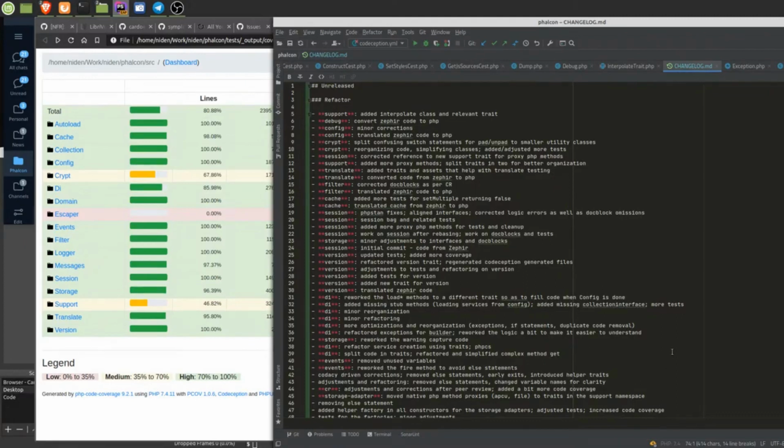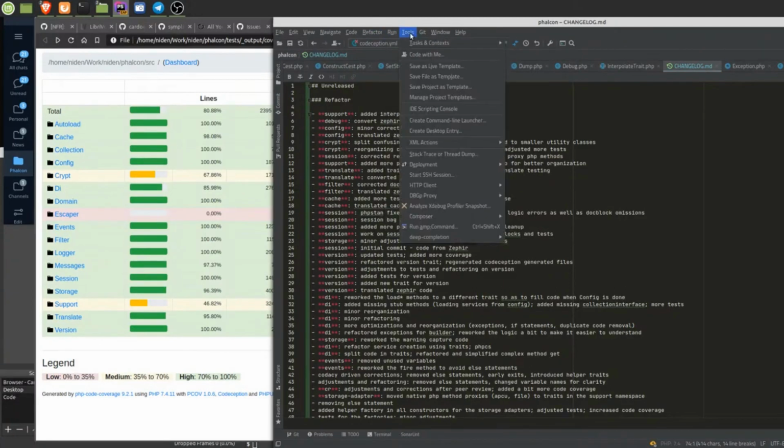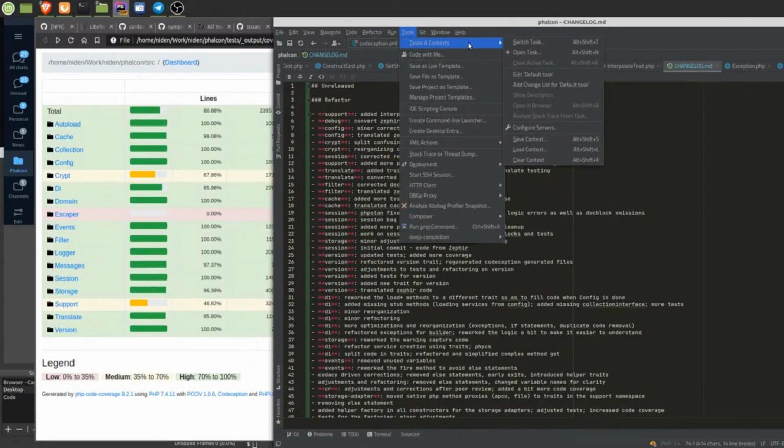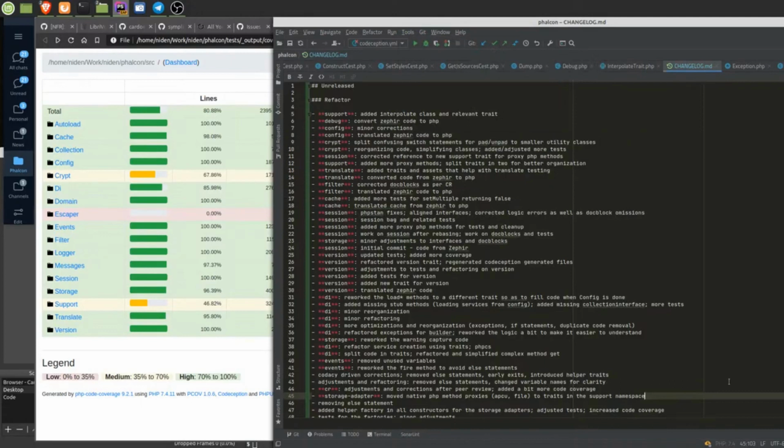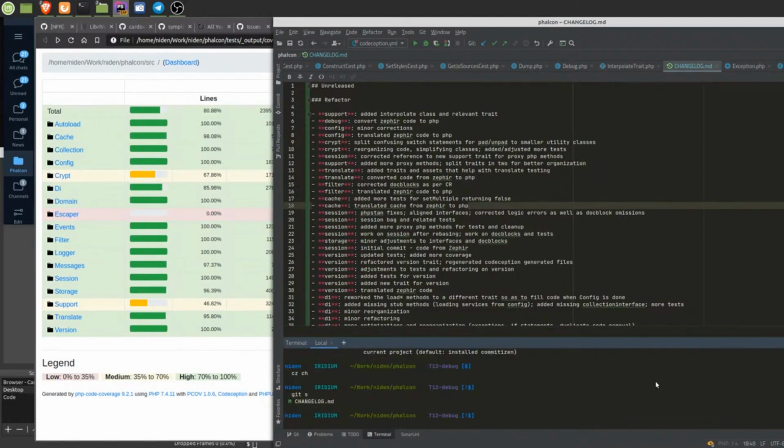Yes, automatically referencing issues can only be done with tasks and context in PHPStorm. There's a wealth of tools here in PHPStorm. I don't remember here, tasks and contexts. You can use this feature here, and you can do that. And then down here, in the bottom area, you're going to see your different branches, and you can switch, and you can stash things. You can do a lot of things. I'm more of a terminal person,